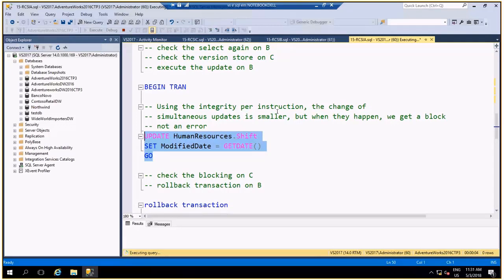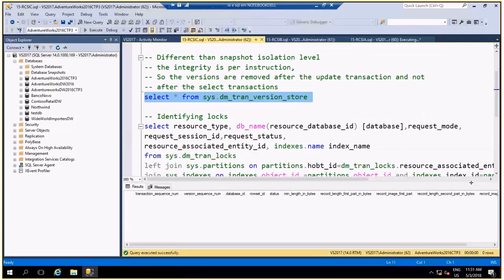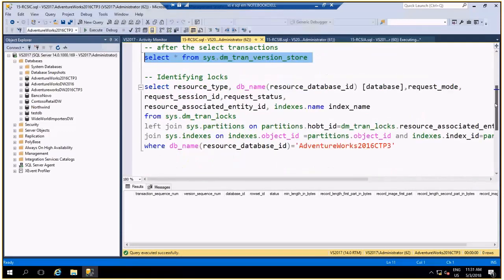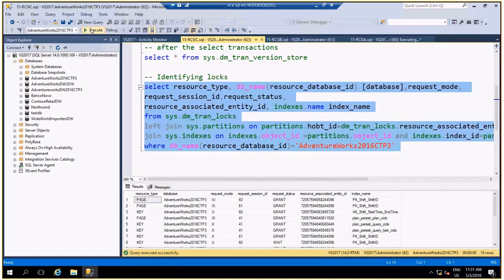I'm executing the update on the same records. In this case, I get a blocking between both updates. Let's come to C. I can check the blocking. I see the block on the records.